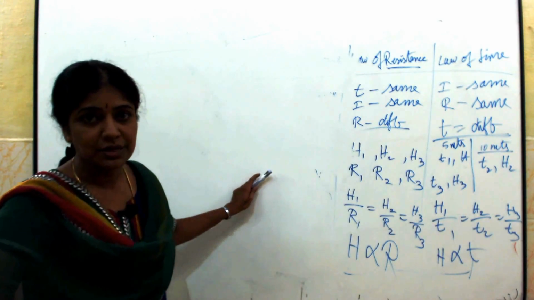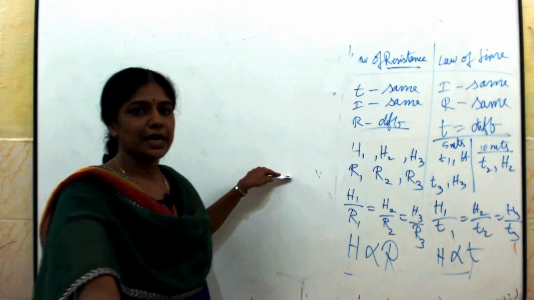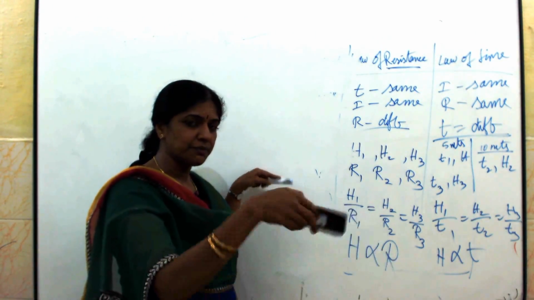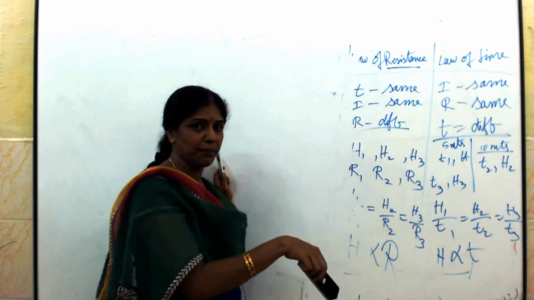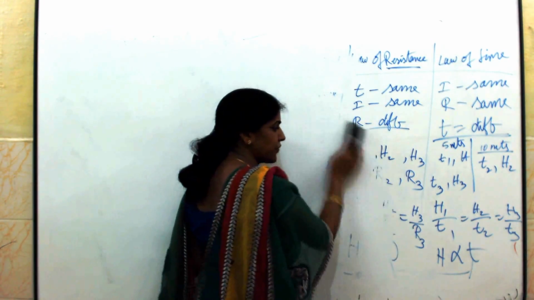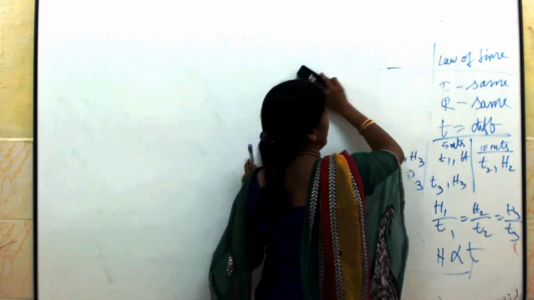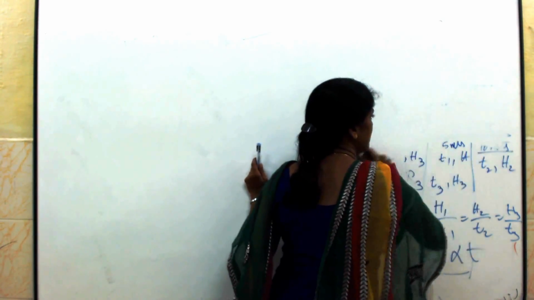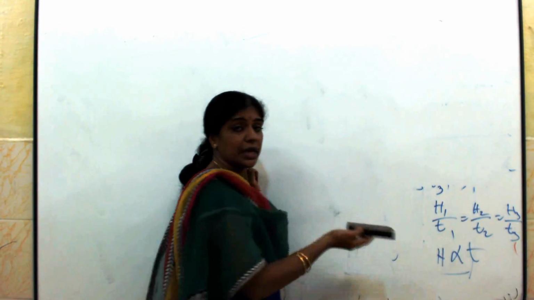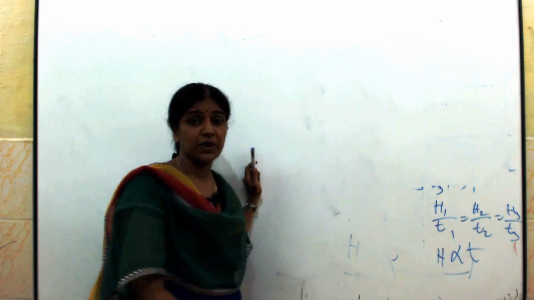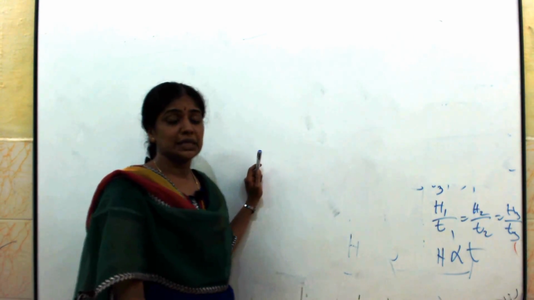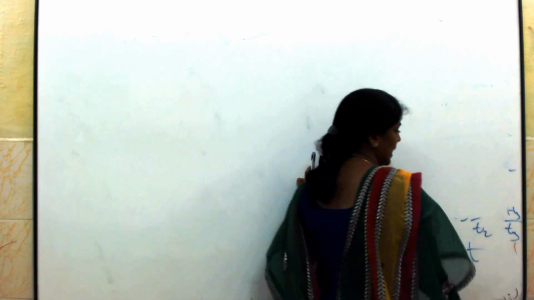So what is that there? It is nothing but the heating effect of the current. Whenever current passes, there is a heating effect. Now we are going to see some of the practical applications of the heating effect of current. One good example is your electric heater, electric toaster, electric iron box, electric bulb, your fuse wire. So many examples I can say for the heating effect of the electric current.